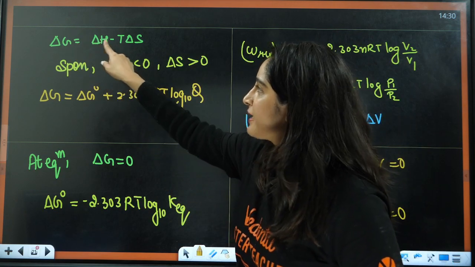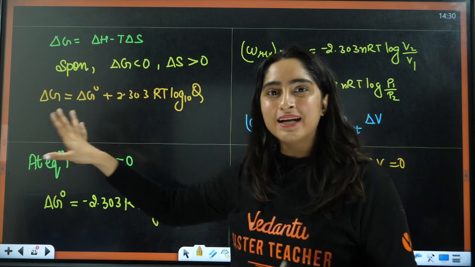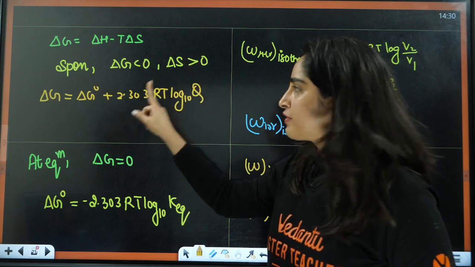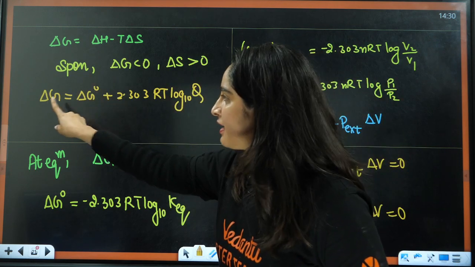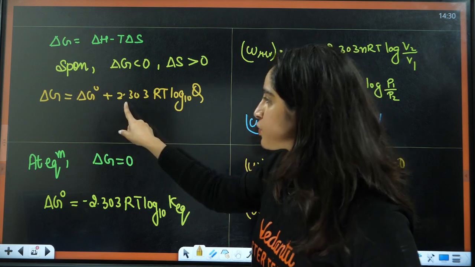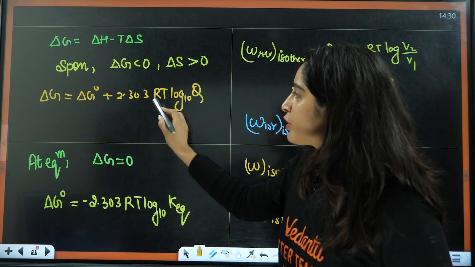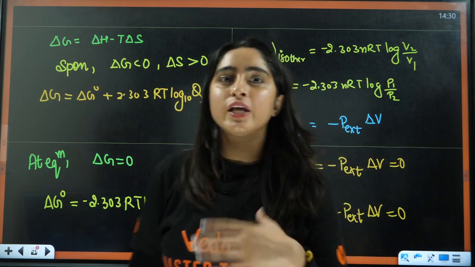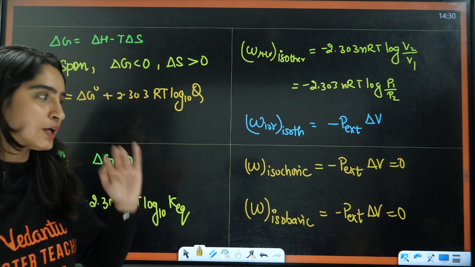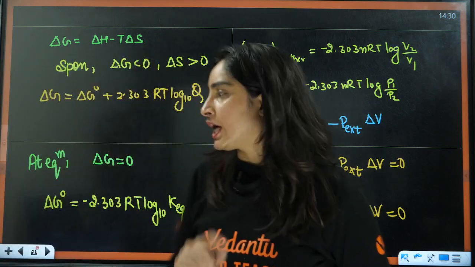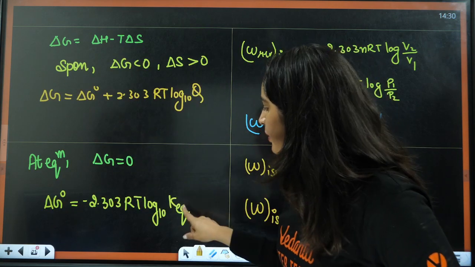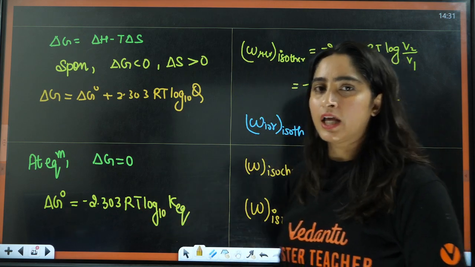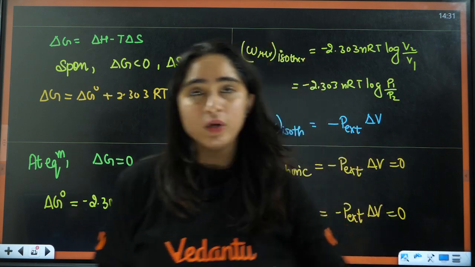Next we have Gibbs free energy. Gibbs free energy equals delta H minus T delta S. The same thing will be applied in equilibrium as well. For a spontaneous reaction, delta G is negative and delta S is always positive. And if we take delta G and delta G naught, that is under standard conditions, delta G equals delta G naught plus 2.303 RT log10 Q. Q is the reaction quotient when the equilibrium has not been achieved, that is not under equilibrium, right? When equilibrium has been achieved, delta G equals 0 and Q becomes K, and the equation is delta G naught equals minus 2.303 RT log10 K. So many questions have been asked from only these formulas, right?